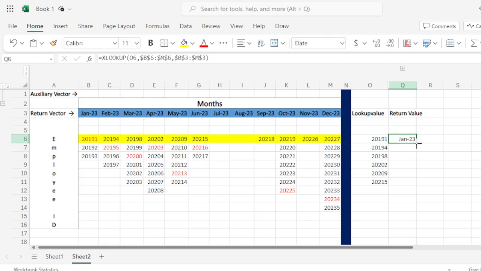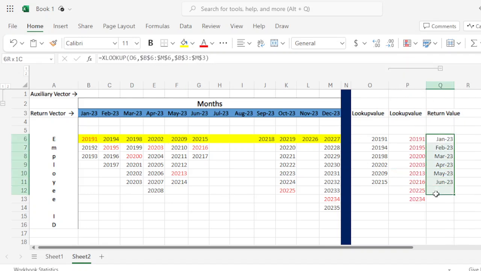So here is the output of the formula, and I can copy this, and as you can see, the formula properly works because the ID 20209 has been hired in May 23. Here we are. However, as you can feel, things get much worse when the IDs are not in the same